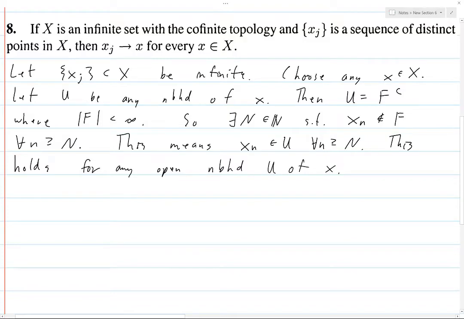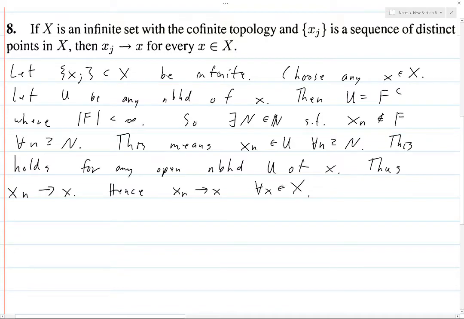That is, for any open neighborhood U of x, you can go far enough along in your sequence that all of the remaining elements of the sequence are contained in this neighborhood U. Thus, x_n converges to x, and hence x_n converges to x for all x in X.